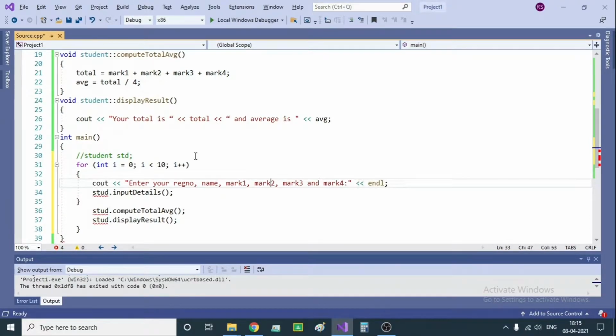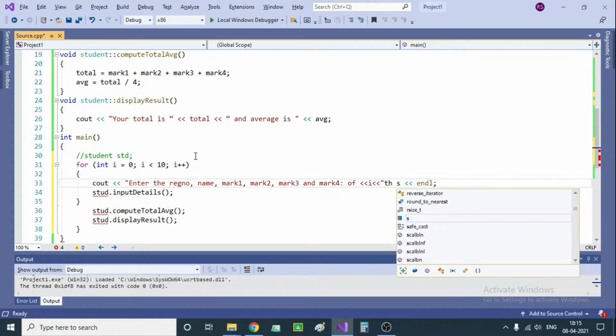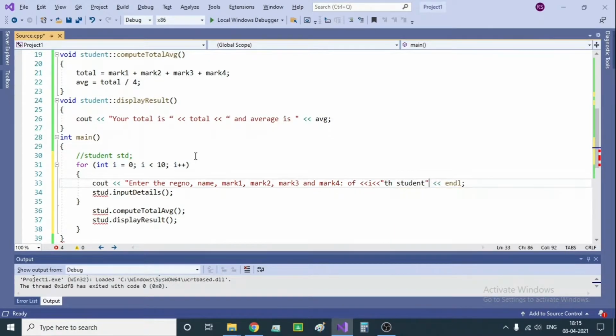So here I will be telling the user enter the register number, name, marks of student. So at the time of execution, this will say that you enter the details of ith student.